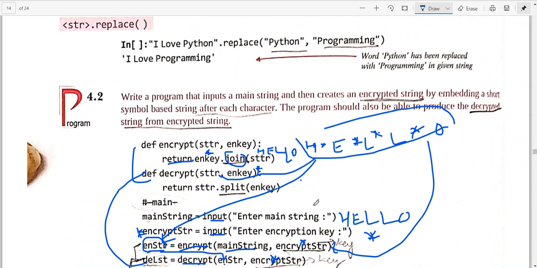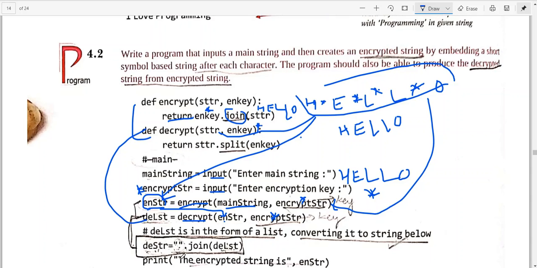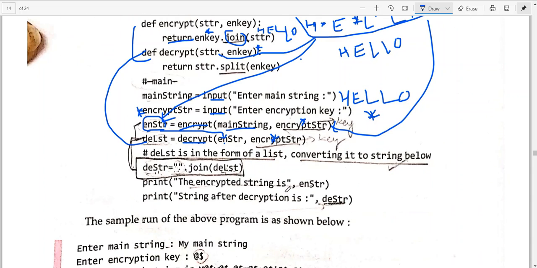So here, the first time it found a star, what was the first string? H. The second time it found a star, what was the second string? E. Okay, what will come next? L, and finally you will get O. But again we need to join it, putting the space wherever it was required. Now you will print it. Firstly we are printing the encrypted string, which was inside this.